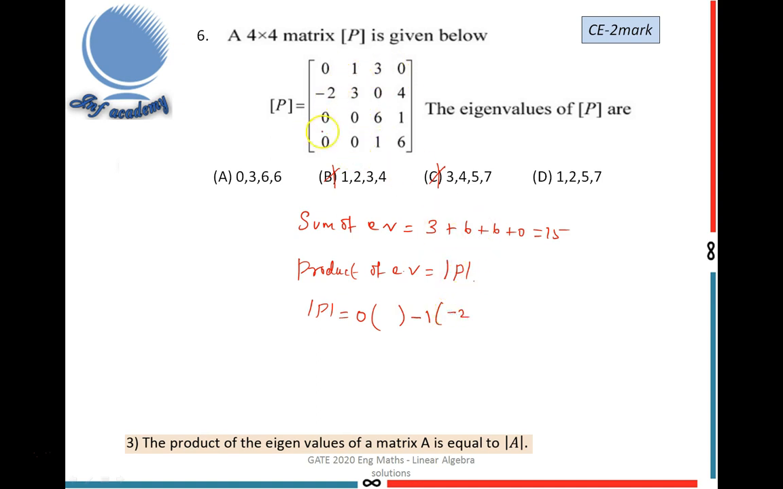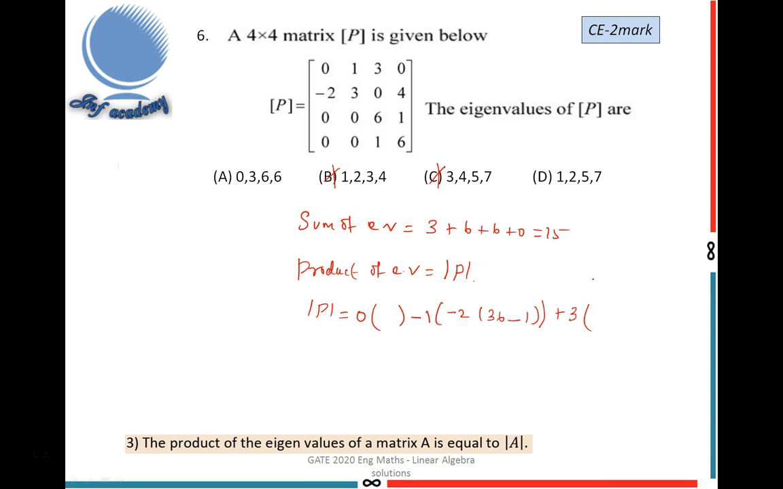minus 2 into 6 are 36, and minus 1. Multiplying this one, minus 1. This is minus 2. Expanding 0, we can get 0 and 4. Expanding 4, we can get 0 minus 0. So this is closed. Plus 3